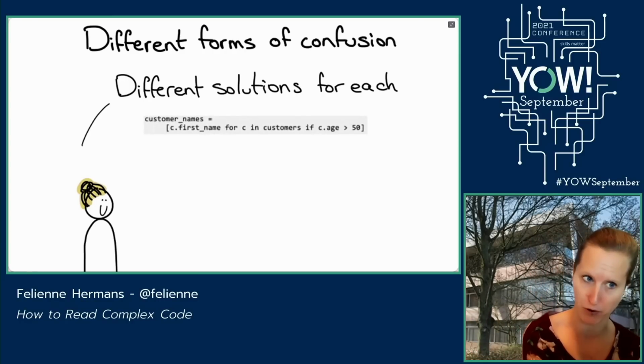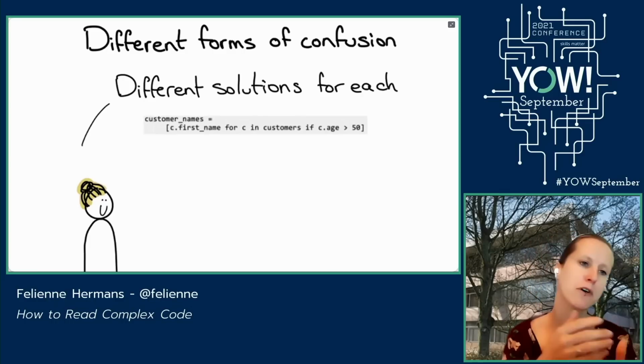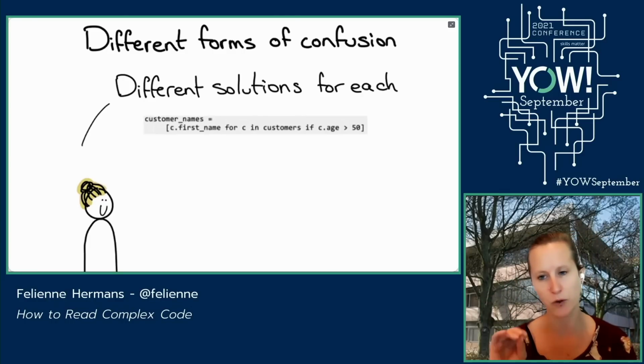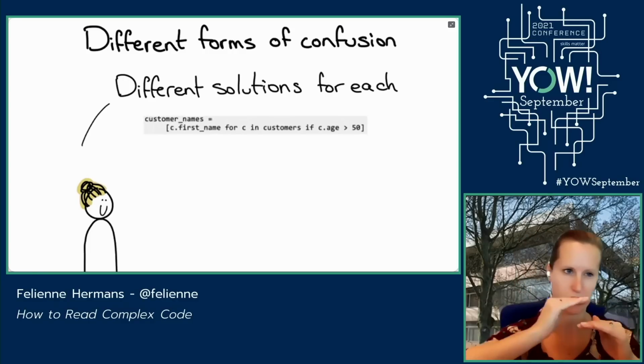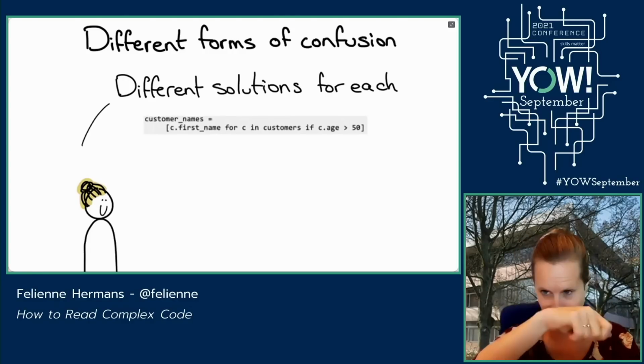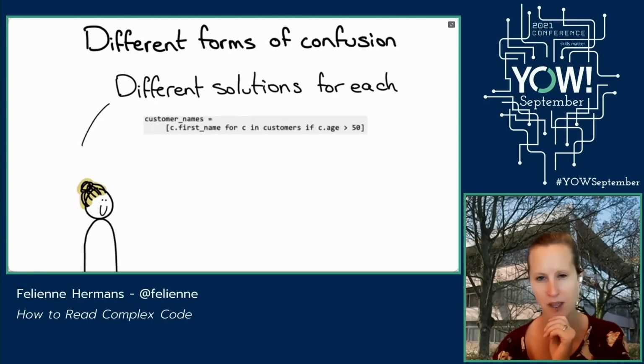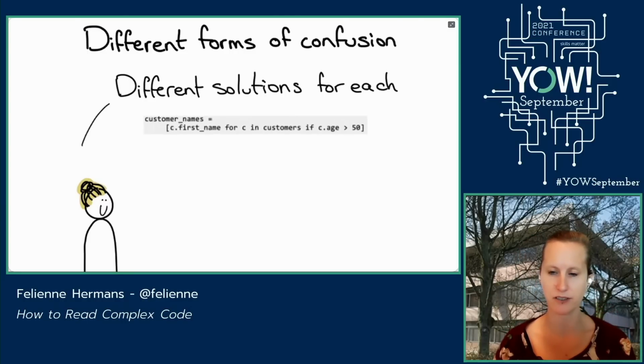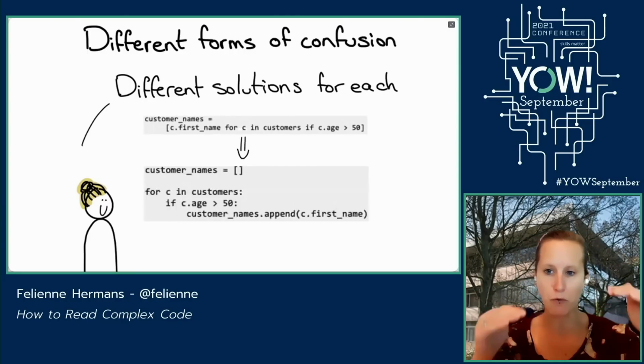Imagine you are a Java programmer. So you have an understanding of what a for is and what an if is and what a greater than is. You understand the basic building blocks. So you sort of succeeded level 1, check. Okay, I know the building blocks. But maybe if you're not so familiar with a list comprehension, it might be easier for you to rewrite this